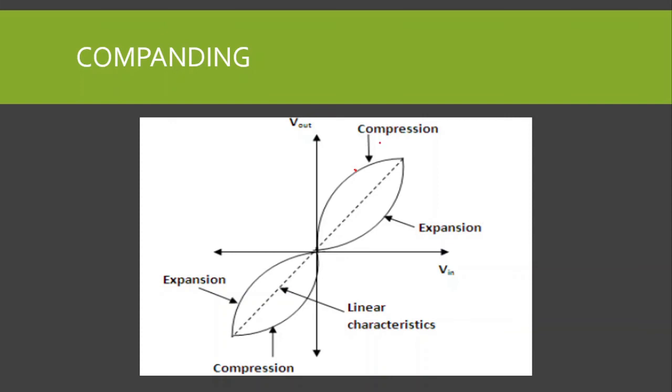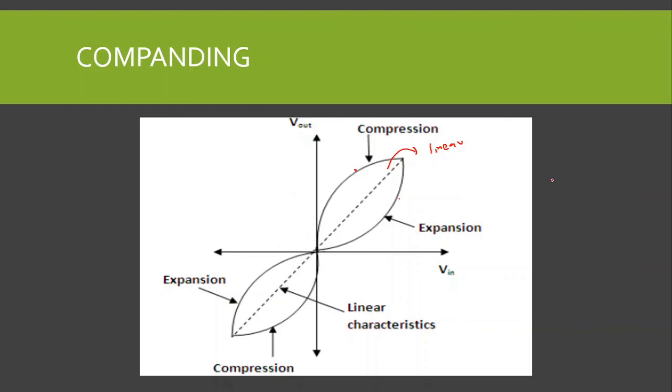Now we combine these two. This is our compression, this is our expansion. If we combine these two, we are going to have a linear signal, because the compression is going to counteract the expansion, and as a result we are going to have no effect, because expansion is the complement of compression. So these two will counteract each other, and we are going to have a linear line. Similarly for the negative case, this is my expansion, this is my compression. These two complement each other, and as a result I am going to have a linear relationship, which means that there will be no effect.